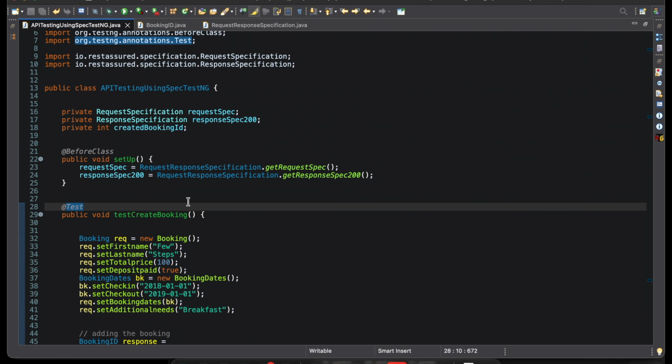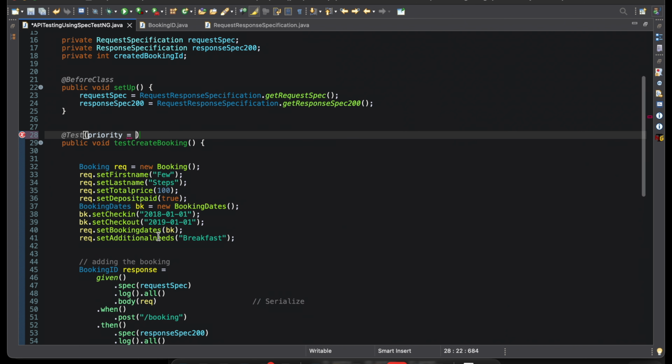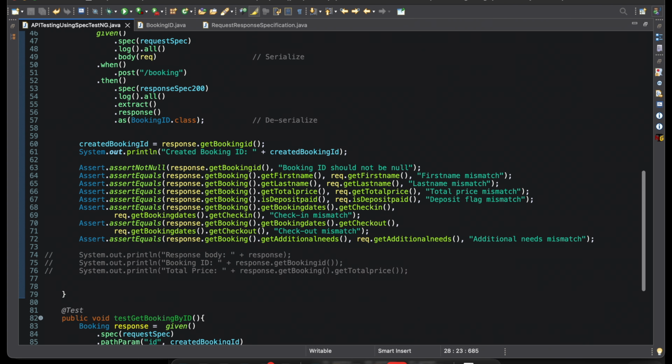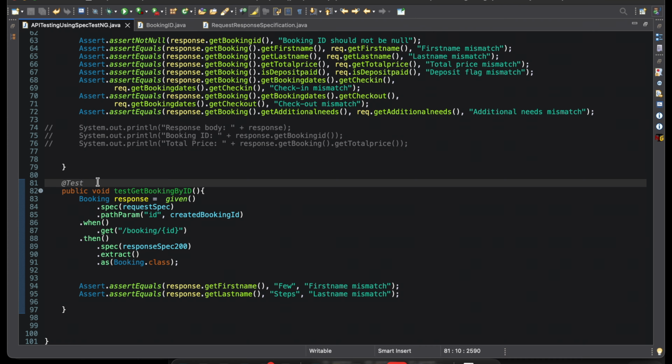To do this we just need to use the priority value. So we can set the priority next to test, inside the parentheses. After the annotation test we have to use parentheses, and then we have to type priority, and here we need to set the value. So this will be executed first, right? So I'm going to type 1 for this case, and for the second case I'm going to choose the priority as 2,